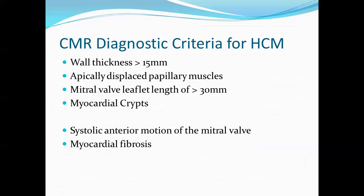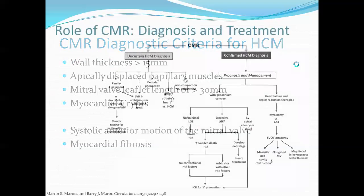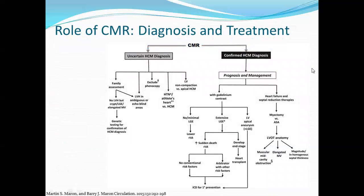We had a patient, I think maybe in August, who was inpatient and on the liver transplant list, and she had SAM and a hyperdynamic LV. I quickly was like, yep, this is HCM, and then she quickly corrected me and said, nope, this is the hyperdynamic state of liver disease, you're wrong. So, like I said, CMR has a role both in the diagnosis